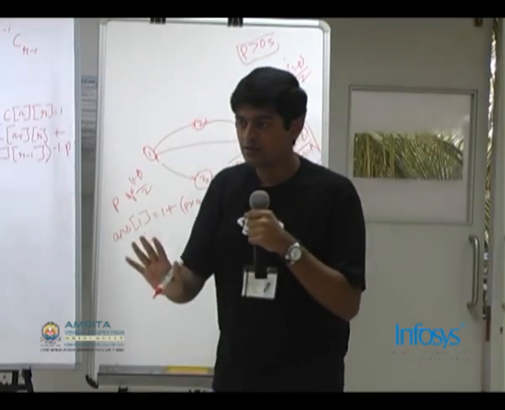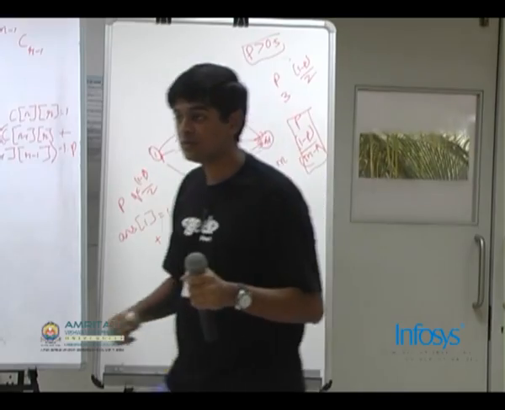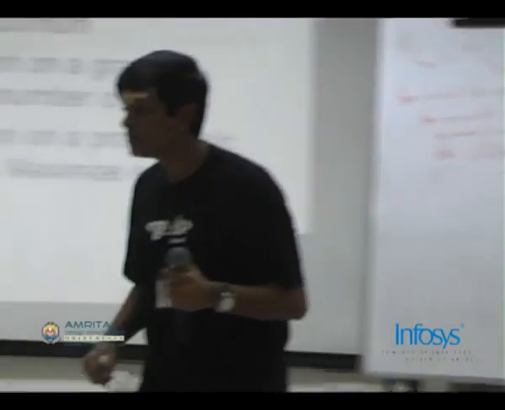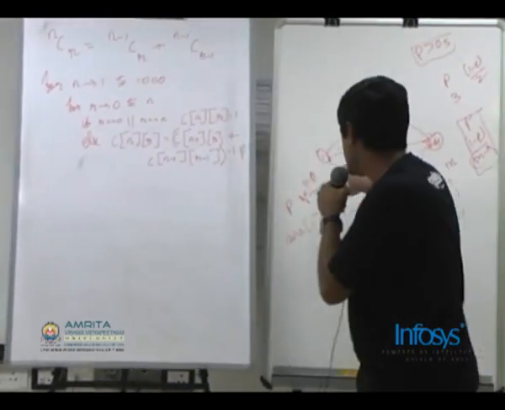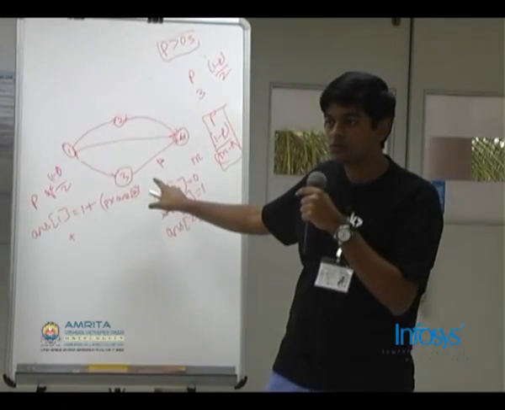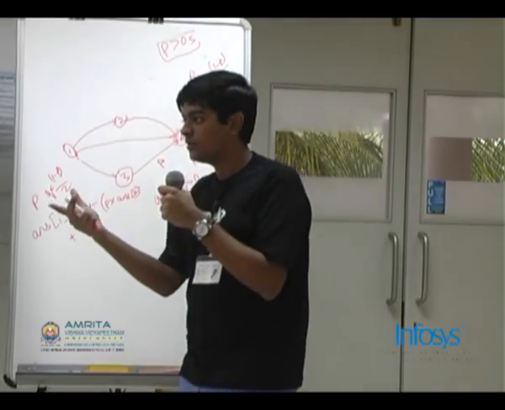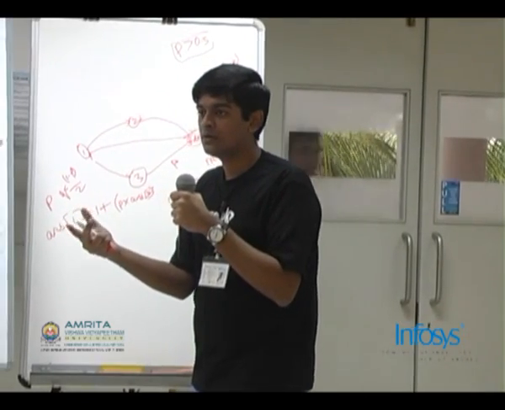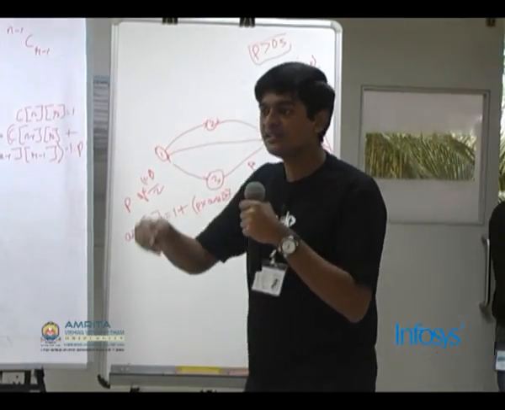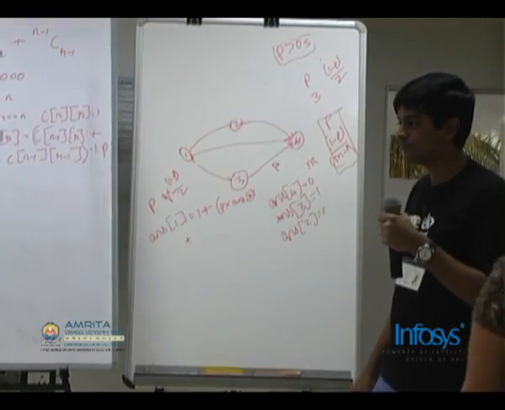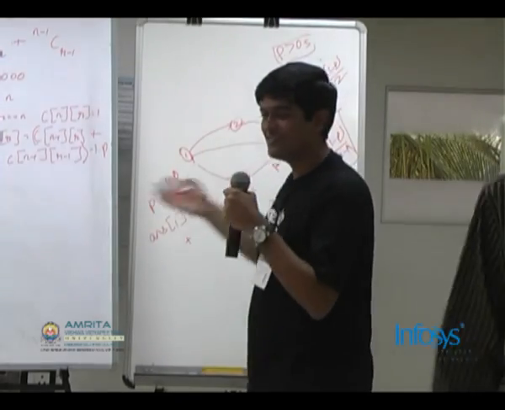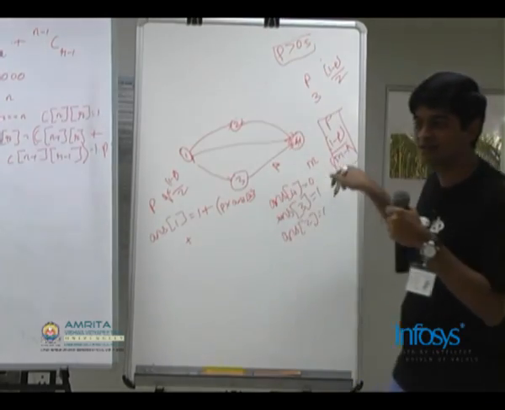Is this clear? Why is that 1? Why do you add 1? The 1 plus is because you are surely going to traverse this one edge now. One move counts as 1 expected. That is what you are adding. The question is the expected number of edges you need to reach 4. If you don't add this, all answers will be 0. Everything will be 0 if you don't add that 1.